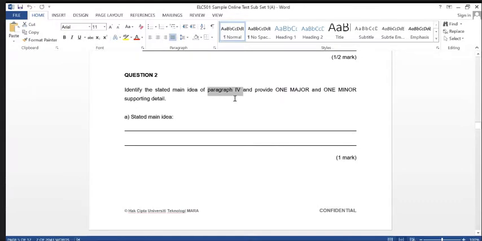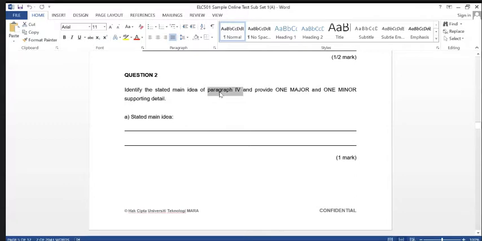Weird it might seem, but I had students in the past giving me answers that are not taken from the specified paragraph in the question. It's already very clear that they want it from that paragraph only, but I do not know why. It comes from a different paragraph. So please be careful. So question 2, question 3, I would say, as I said just now, almost all of